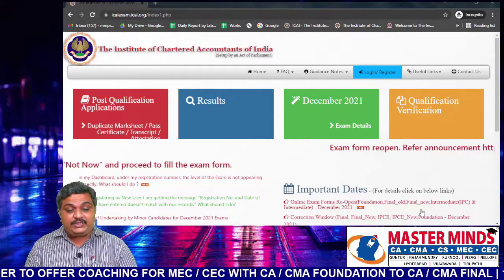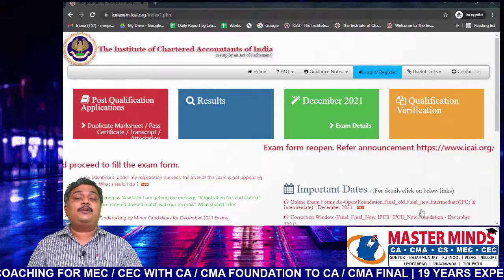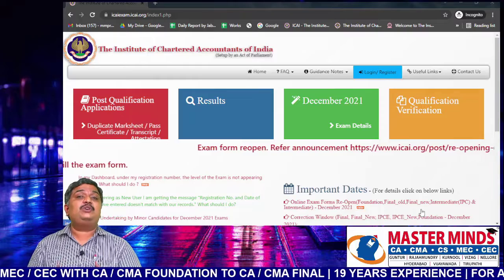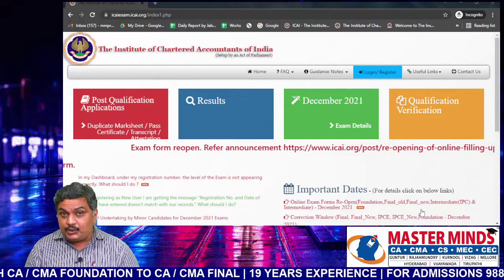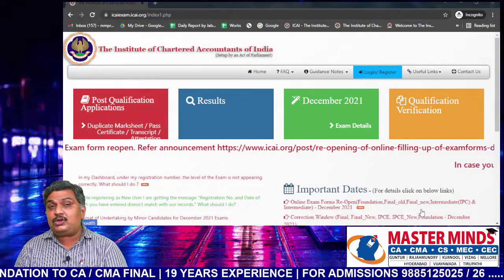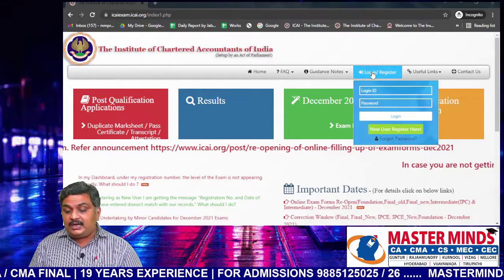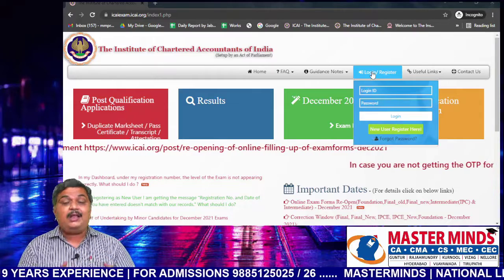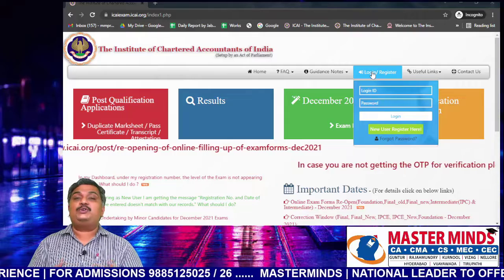Today, the Institute of Chartered Accountants of India has released admit cards of CA Foundation, CA Inter and CA Final for December 2021 attempt. So students can log into the exam portal with the address icaiexam.icai.org, and once the website gets opened, you can just click on login or register tab here and you can enter your login ID and password and follow the instructions given by the website so that you can easily download